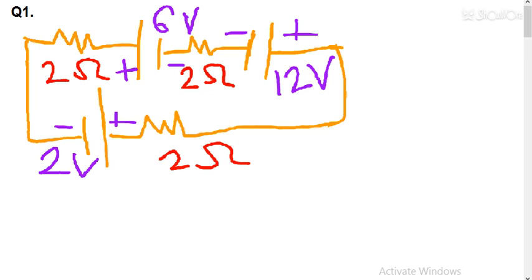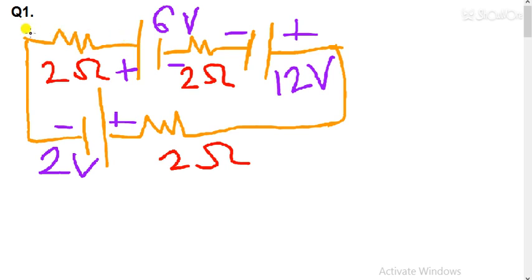So, in this question, students, we are going to solve these questions. Here only one closed loop is given, this one. So this is a closed loop, you can say. What I will do, I will apply KCL and KVL in this.